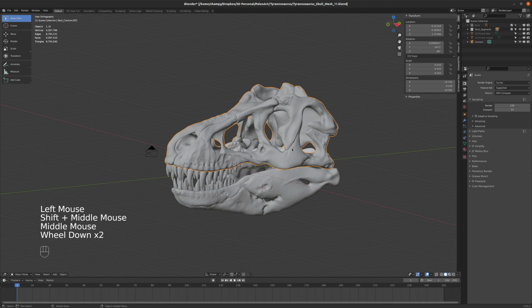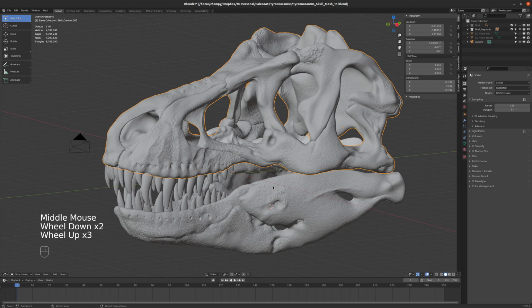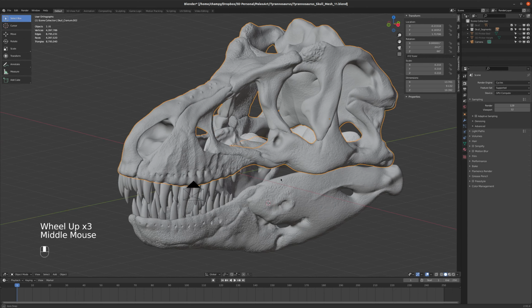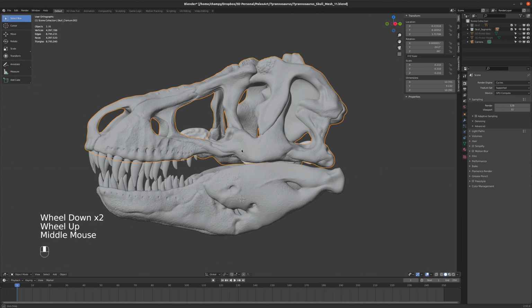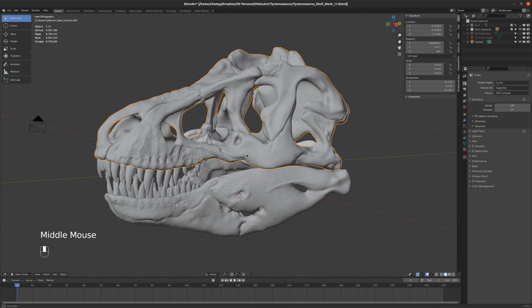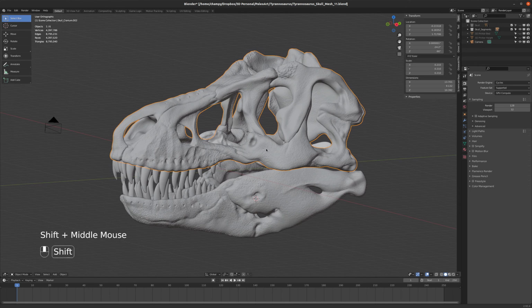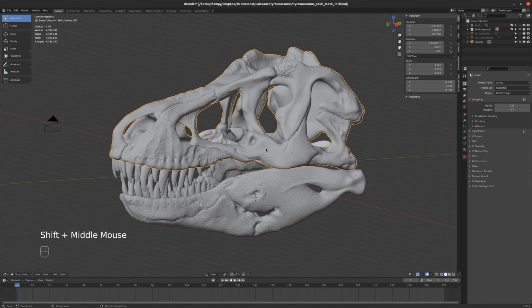So I've got my Tyrannosaurus Rex skull here that I've made, and it's a pretty complicated object. It can get a little bit visually confusing. So one thing I like to do to sort of keep track of things visually is down here where you can select your wireframe or solid shaded material or rendered view types. You've got a little drop down arrow, and